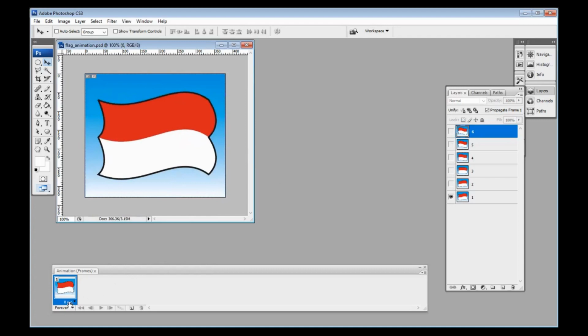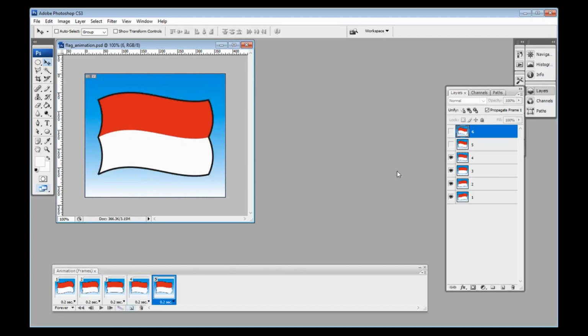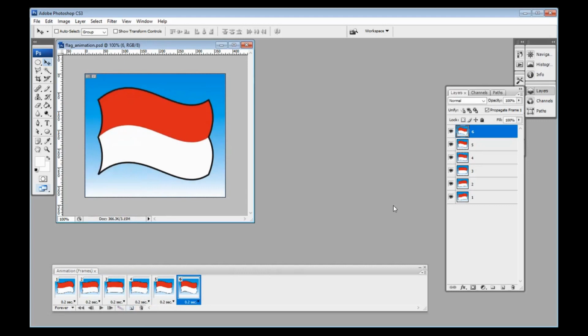Maybe I set the delay time first, maybe 0.2. After that we duplicate this frame, and then show number 2. After that duplicate again number 3, duplicate again number 4, duplicate again number 5, duplicate again number 6.